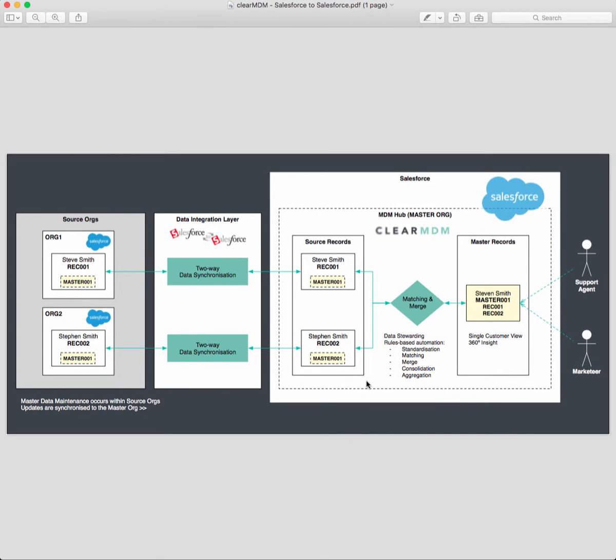In this short video, I'll be showing how clearMDM can be used to consolidate master records within a multi-org Salesforce environment. In such a scenario, multiple Salesforce orgs may be implemented across a business through acquisition, due to material process differences across departments or regions, or to enable scaling beyond the platform limits, execution limits, and so forth applied to